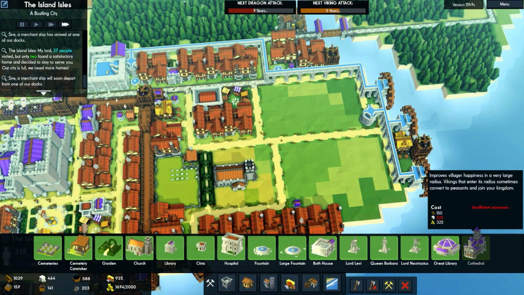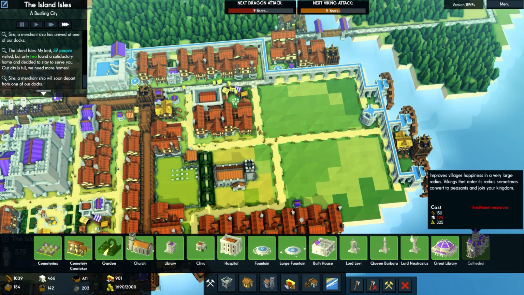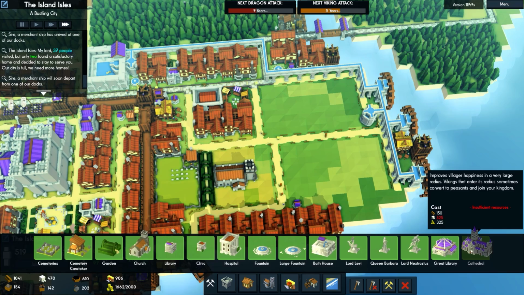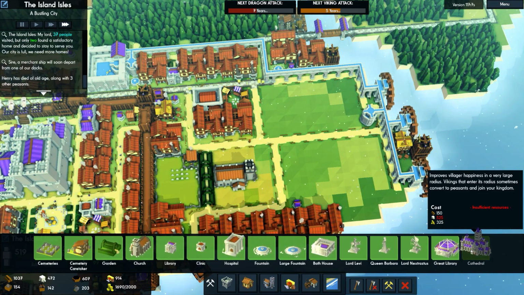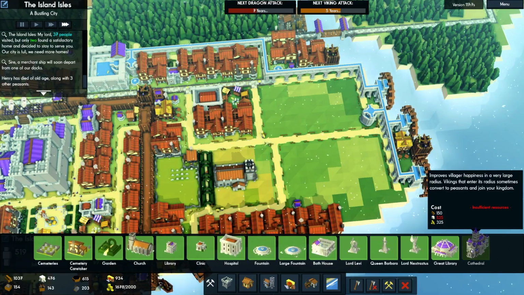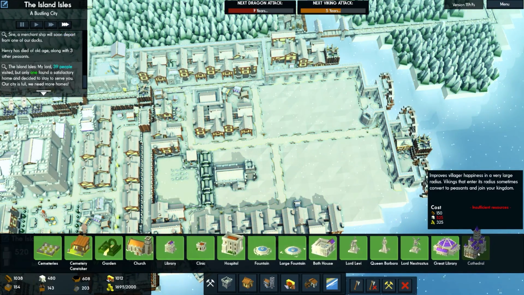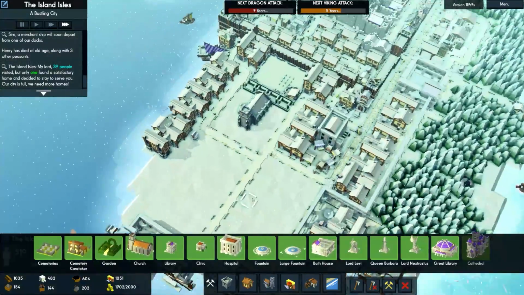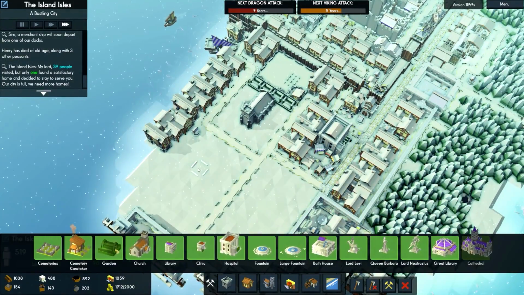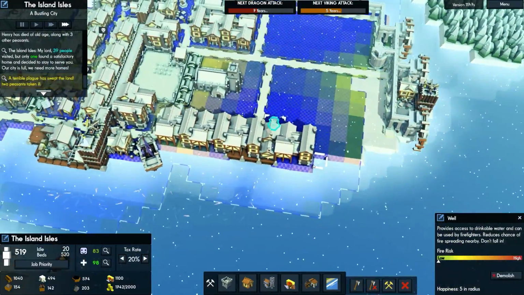We're on 464 stone and we require 525. Improves villager happiness in a very large radius. Vikings that enter the radius sometimes convert to peasants and join your kingdom. So that's pretty good. The size of it looks to be this correct width, but I think I'll have to go further along here. So what I'm going to do about the well, because at the moment the well is...